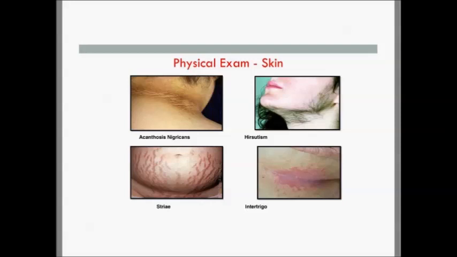Stria, so when I was in medical school, they taught us about stria being related to things like steroids. Well, I think much more commonly now we're seeing stria related to rapid weight gain. It gives you a little bit of an idea of how fast the weight came on when you see it on their arms and legs and belly. And then intertrigo, look for this. You really have to lift up the skin, especially where it folds, and take a good look for this rash. It's extraordinarily common in these children.